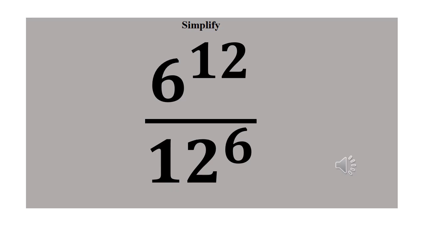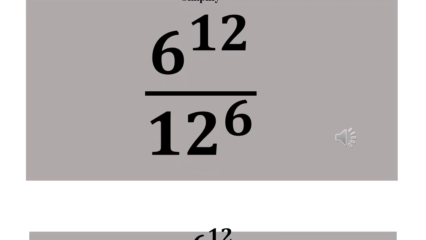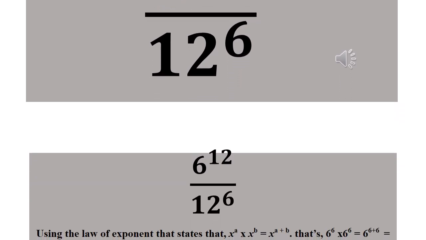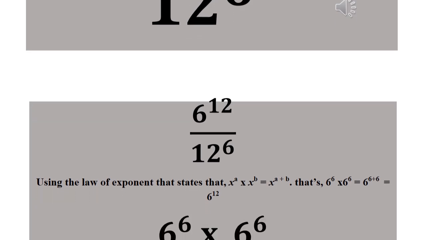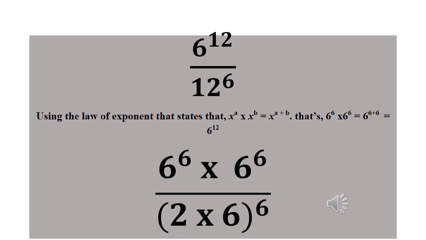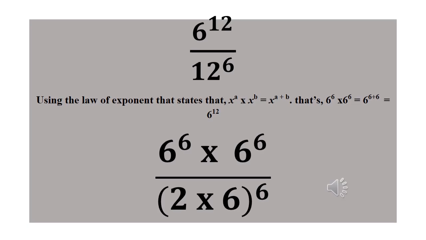Question number 1. Simplify 6 raised to power 12 divided by 12 raised to power 6. So in order to simplify this, 6 raised to power 12 over 12 raised to power 6,